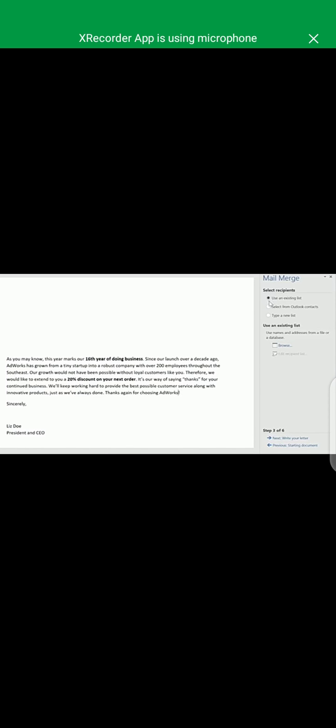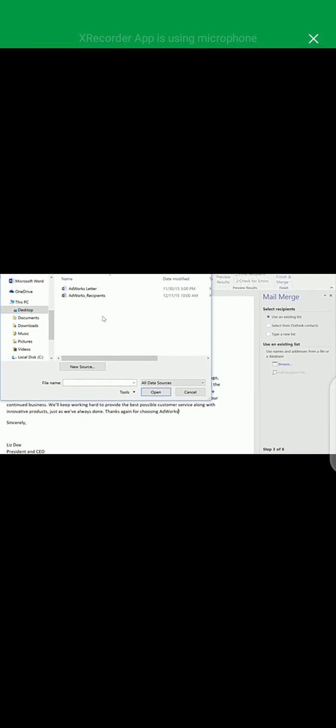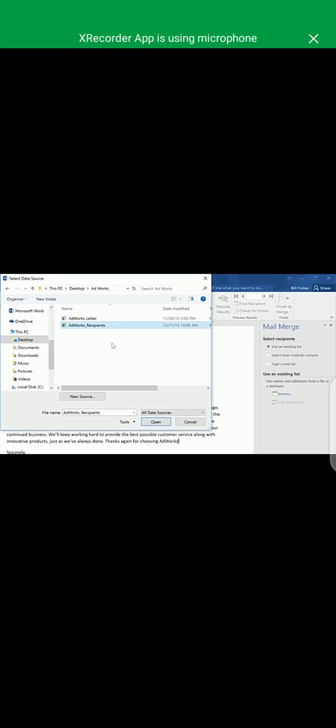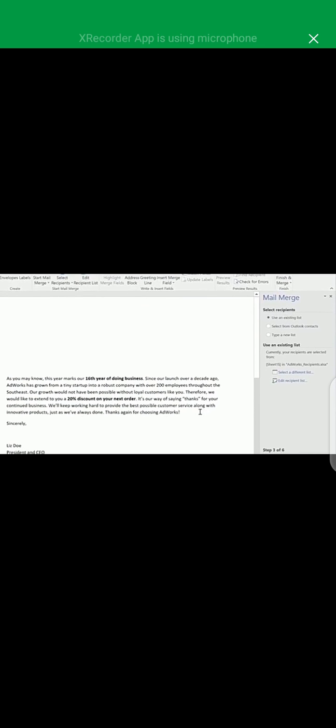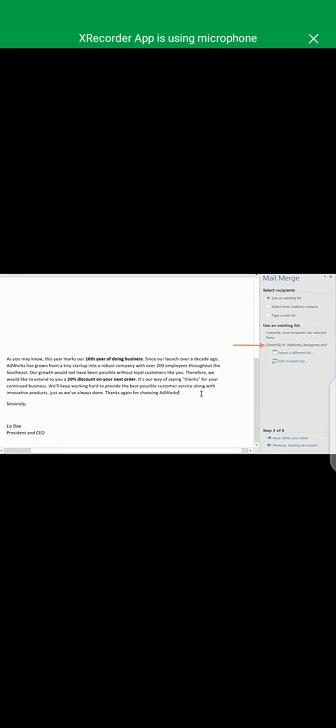After that, use existing list, then again create. Now a message box window will appear. From there you can select a list. After that, click OK. Now you can see here a window is open and all the contacts that you have saved in the previous list are now displayed on the screen. From there you can select any of the contacts that you want to display. And here, at the end of the paragraph you can see that double angular brackets are displayed. That means from the list you can choose any of the names or any note over here that you want to display.